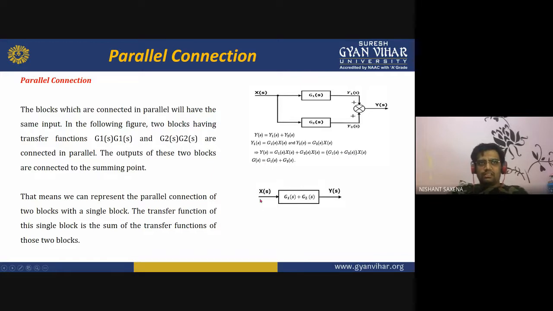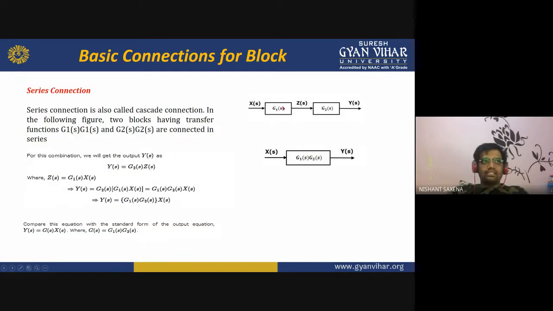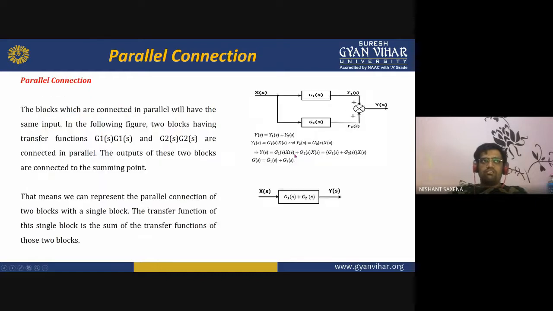So that is why we can say that when we are combining two parallel blocks, we are adding the two blocks, and when we are connected in series, we are cascading the two blocks, we are multiplying the two blocks. So it has to be remembered that when we are going with the series connections, we have to do the multiplication of the blocks, and when we are going with the parallel connections, we have to do the addition of the blocks. I hope this is clear to you now.